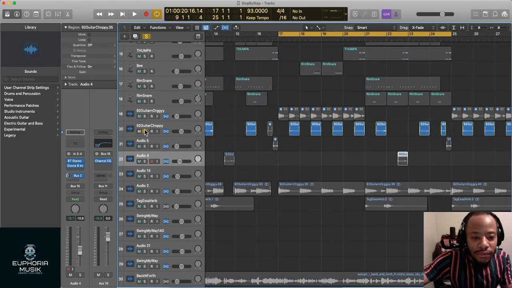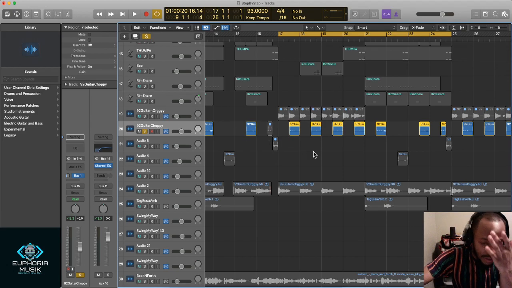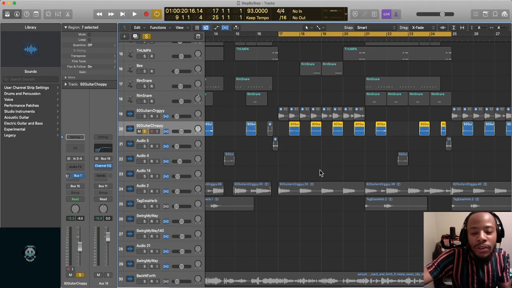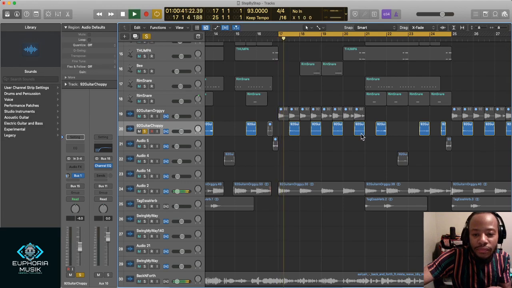So you got the guitars. These are the reverse guitars. I went ahead and took these and reversed them, and then threw a reverb on it. All right, so we'll play this part too.